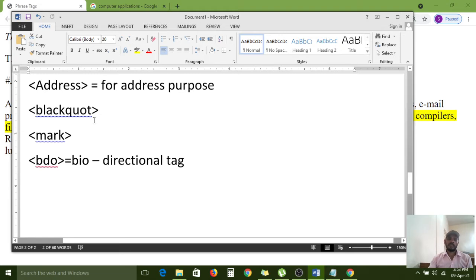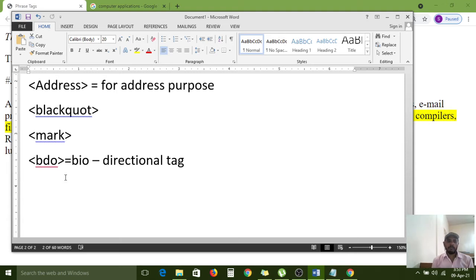The mark tag is used to highlight any text. The BDO tag is the bidirectional tag, with which we can simply print text in reverse order.